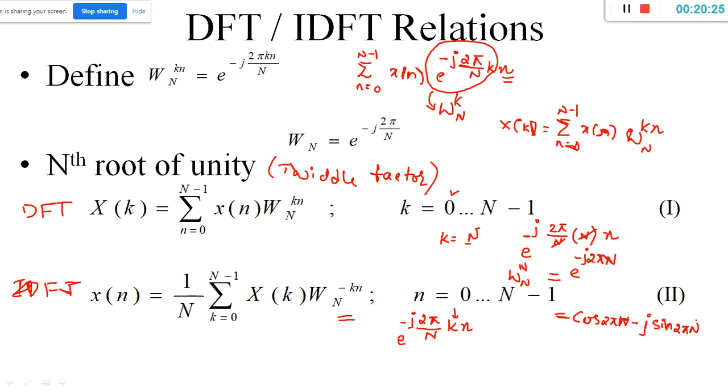What is sine n pi? It is all the time 0, right? Cos of 2 pi, cos of 2 pi is how much? So whatever factor is going to be multiplied for capital N is always multiplied by 2. So it is nothing but cos of a multiple of 2 pi. So cos of 2 pi is always how much? Put it in the chat box. How much is the value of cos of 2 pi?